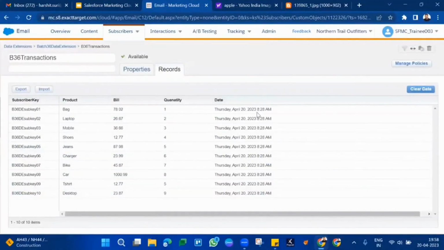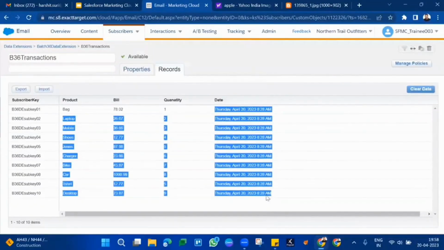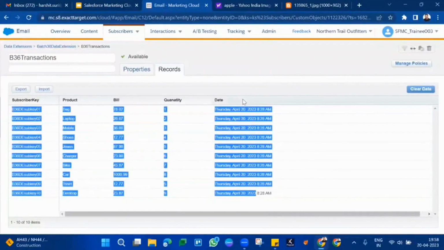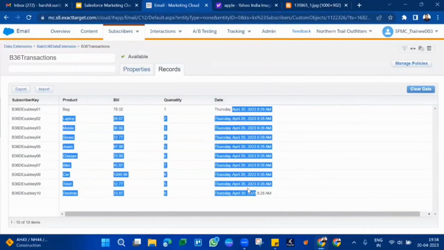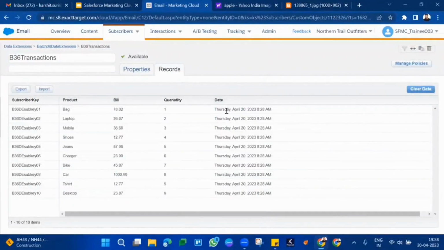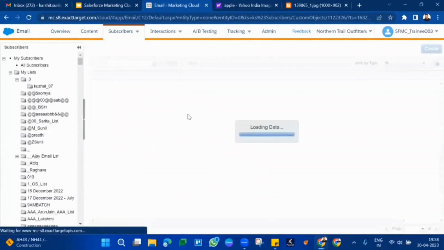Now you see default date values are auto updated. We never pass this date value from the file. We made it default as current date. Tomorrow you go and upload any record, it will reflect tomorrow's date and time. It is a date and time data type. Now the last thing